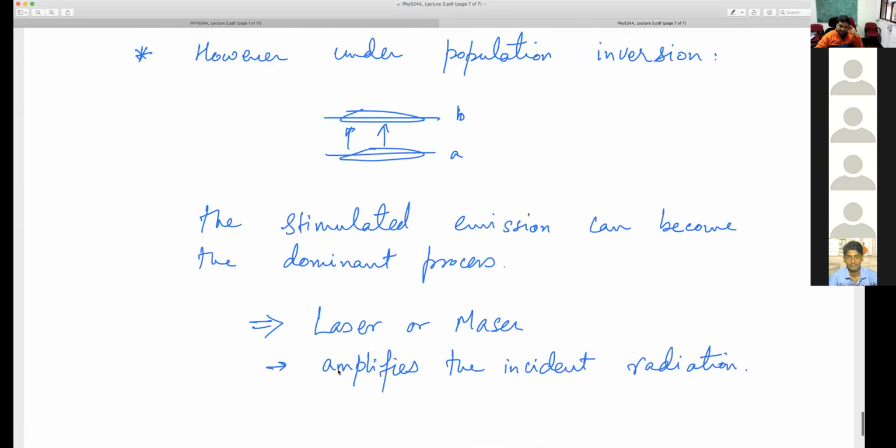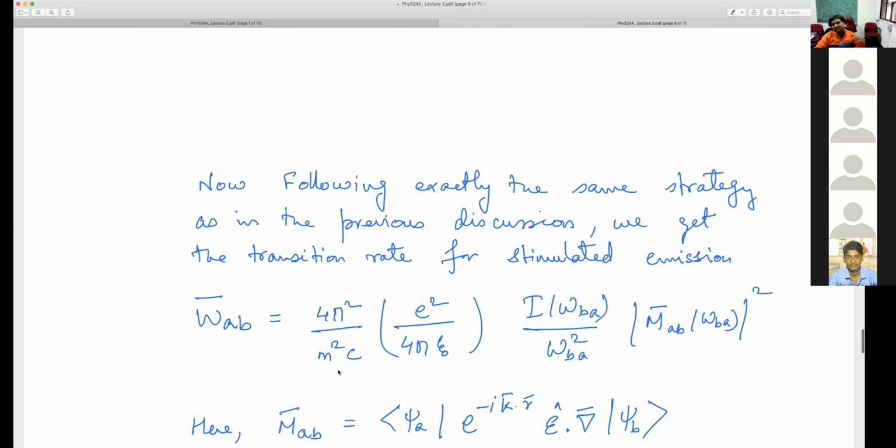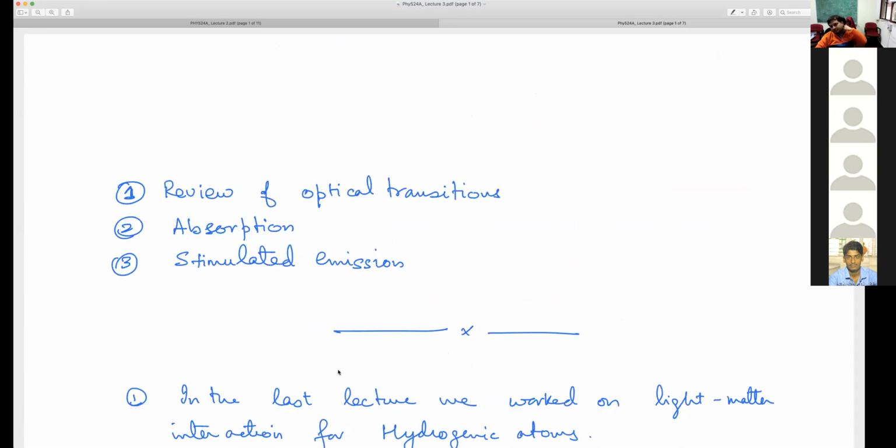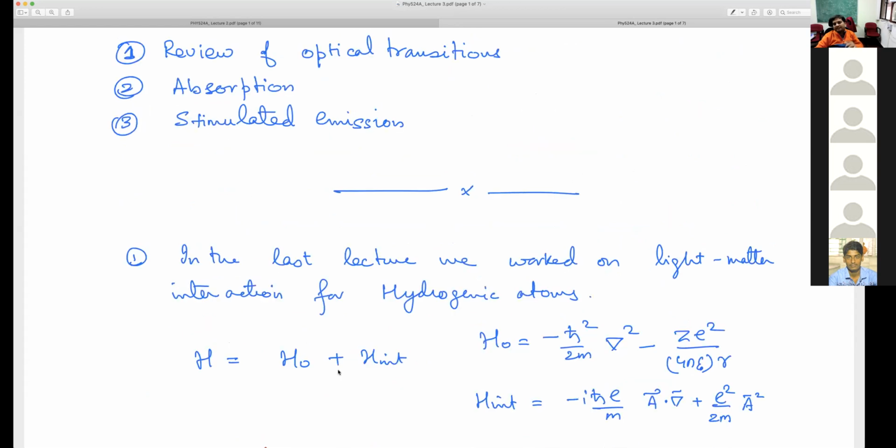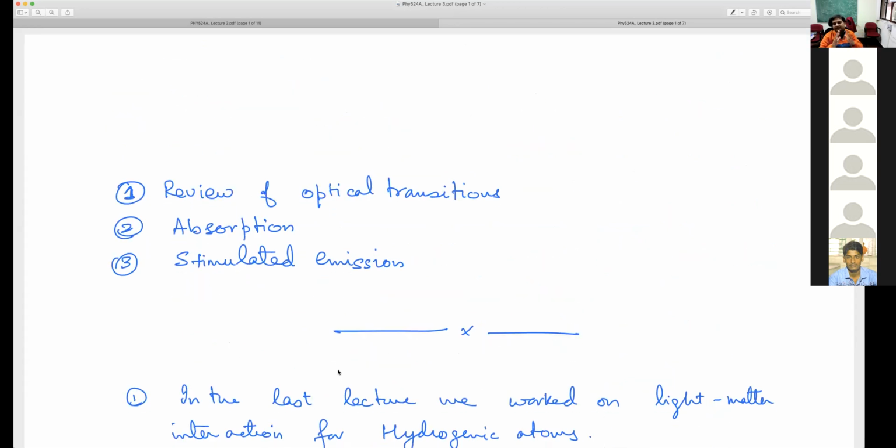Okay, so I'll stop here, and we will continue with some of this discussion in the next class, and we'll also set up the density matrix formulation for doing similar kinds of calculations. But this is roughly the bulk of the conceptual idea that we will need for this course, basically. Okay, so light matter interaction.